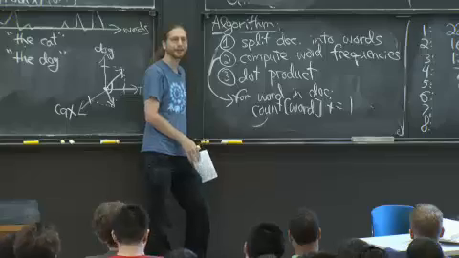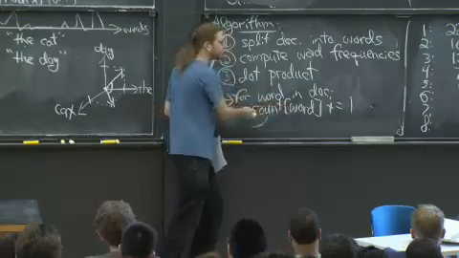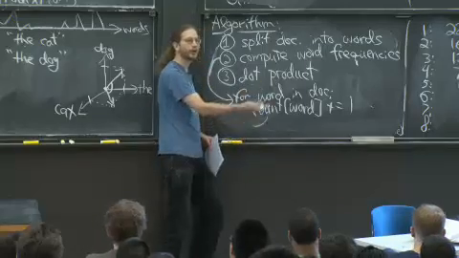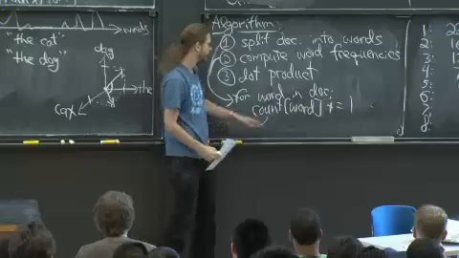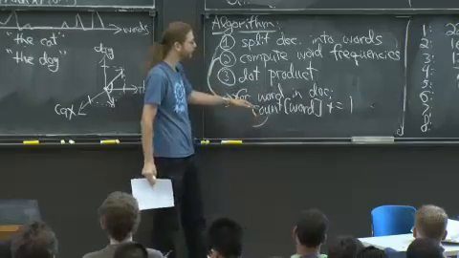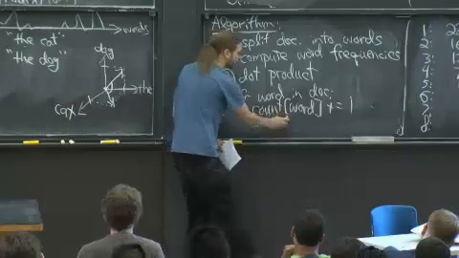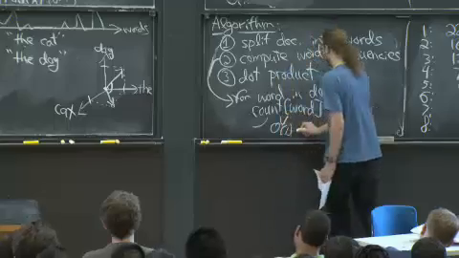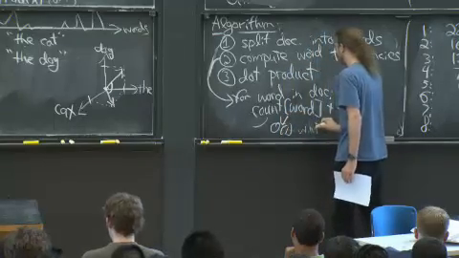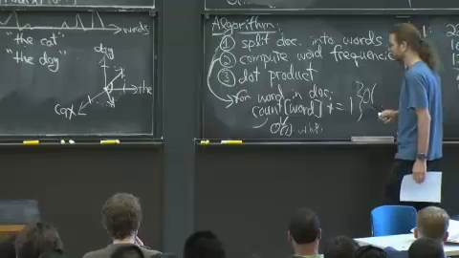This would work if count is something called a count dictionary, if you're a super Pythonista. Otherwise, you have to check, is the word in the dictionary? If not, set it to 1. If it is there, add 1 to it. But I think you know what this means. This will count the number of words. This will count the frequency of each word in the dictionary. And because dictionaries run in constant time with high probability, this will take order